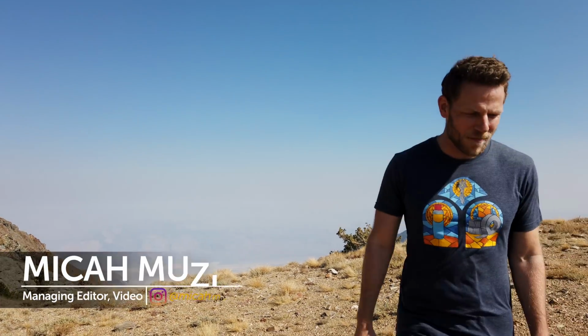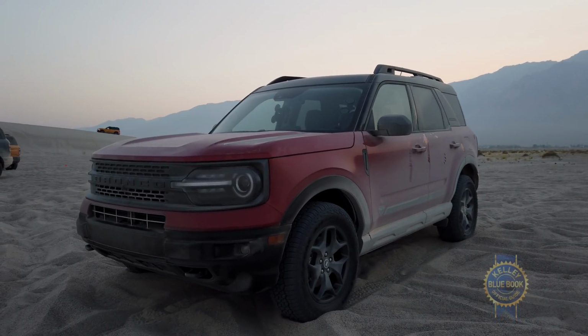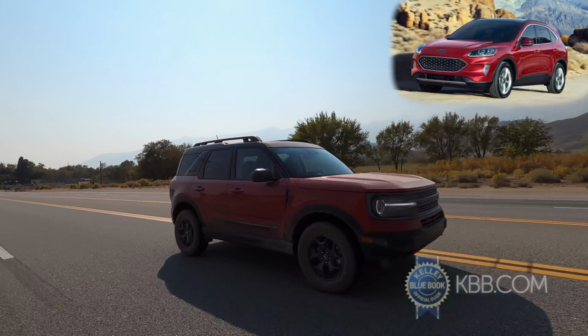I know everybody's excited about the new Bronco, but the Bronco's smaller sibling, the Bronco Sport, should not be dismissed. Want to spend a few days and a few wardrobe changes with me getting to know the Bronco Sport? Great. Here's the gist. The Bronco Sport is a compact SUV built on the same C2 platform as the Escape,